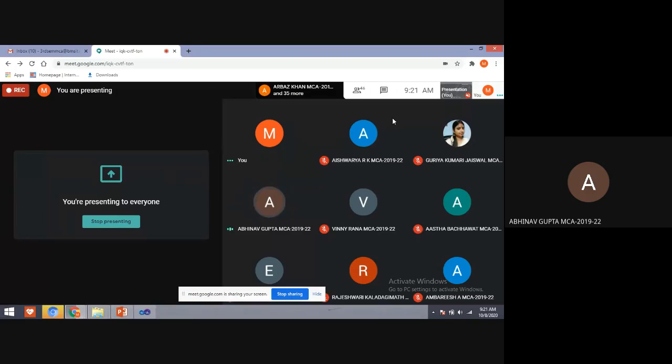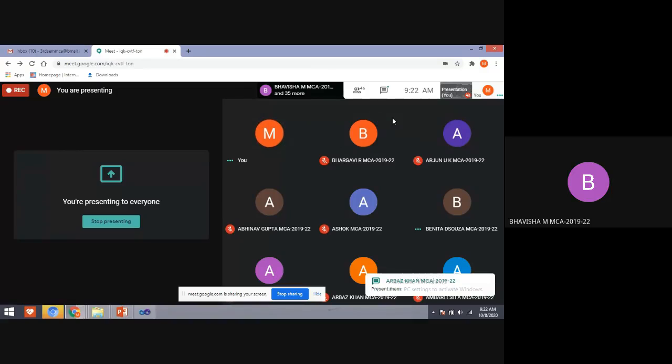It's lag. My phone is lag. Anu, Present, ma'am. Arbaz, Arbaz, Yes, ma'am. Present, ma'am. Present, Arjun, ma'am. Present, ma'am. Ashok, Ashok, Present, ma'am. Benita, Present, ma'am. Bhargavi, Present, ma'am. Bhavisha, Present, ma'am. Chaitra, Present, ma'am.